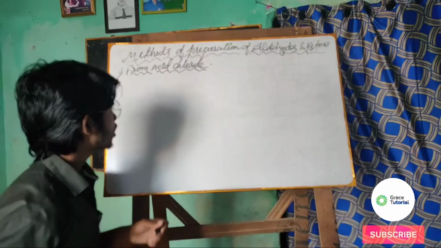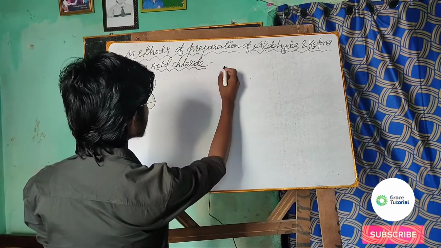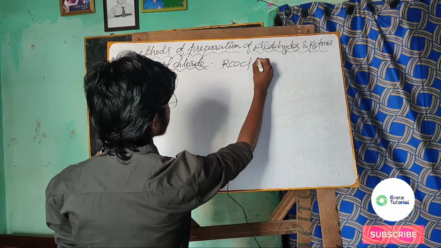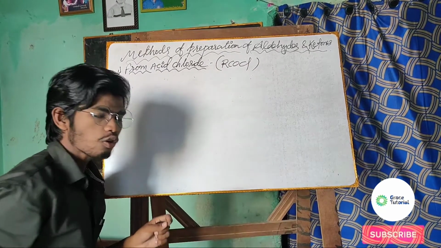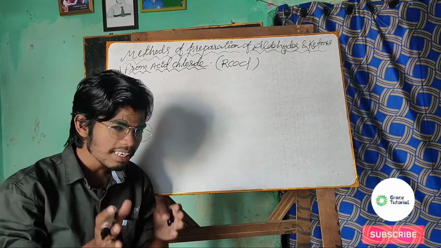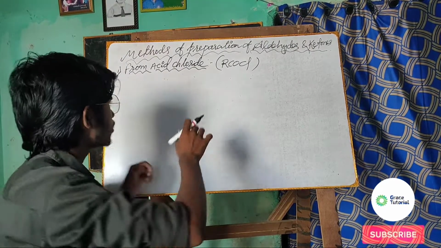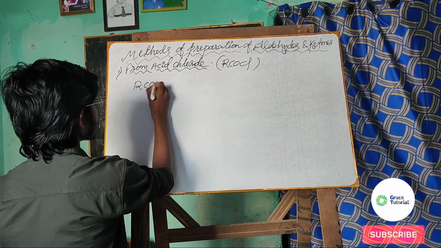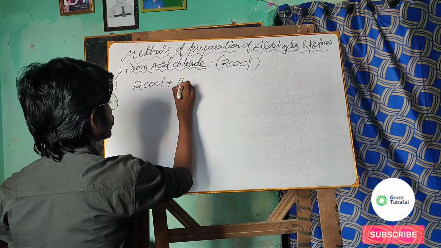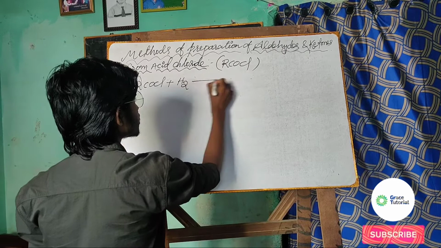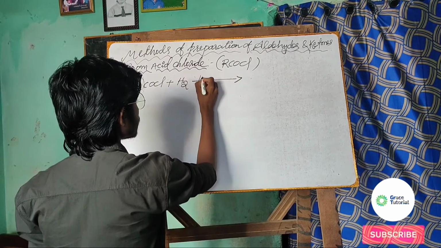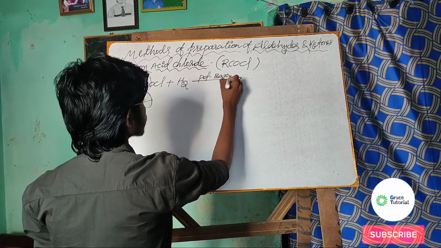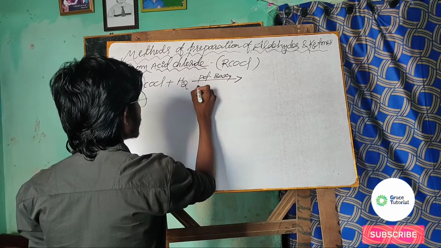Let's have a look. We know acid chloride. What is the formula for acid chloride? RCOCl. So RCOCl is basically the formula for the acid chloride. So what happens? When hydrogen gas is passed through the acid chloride in the presence of palladium or barium sulfate in boiling xylene,